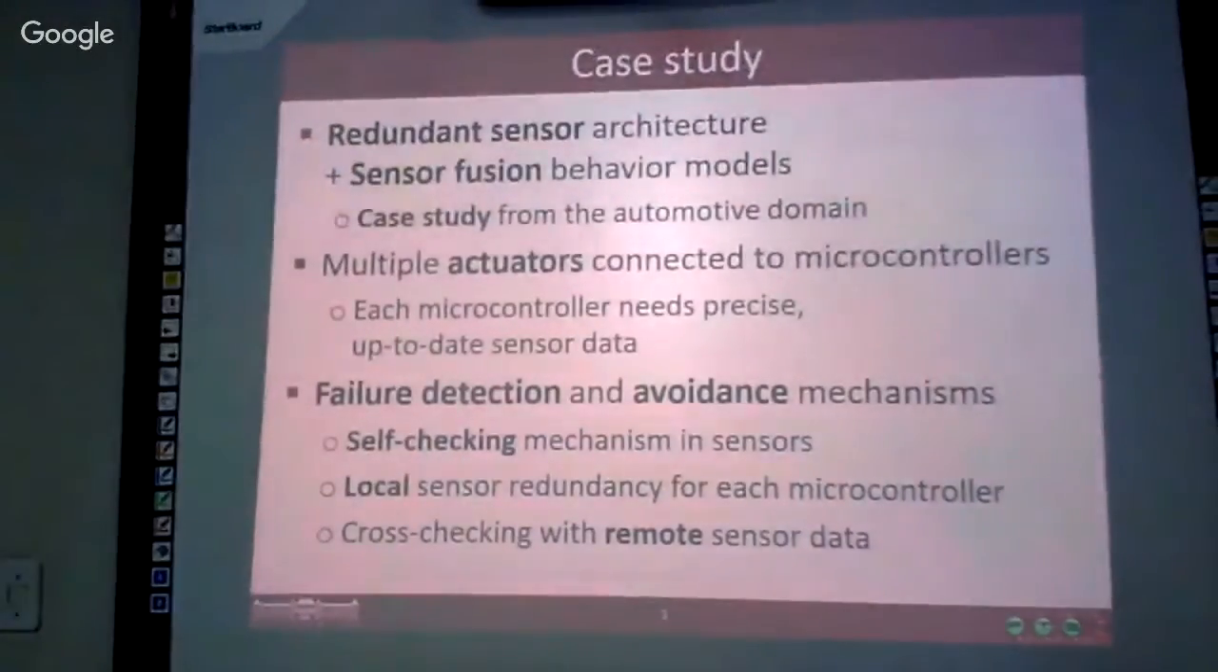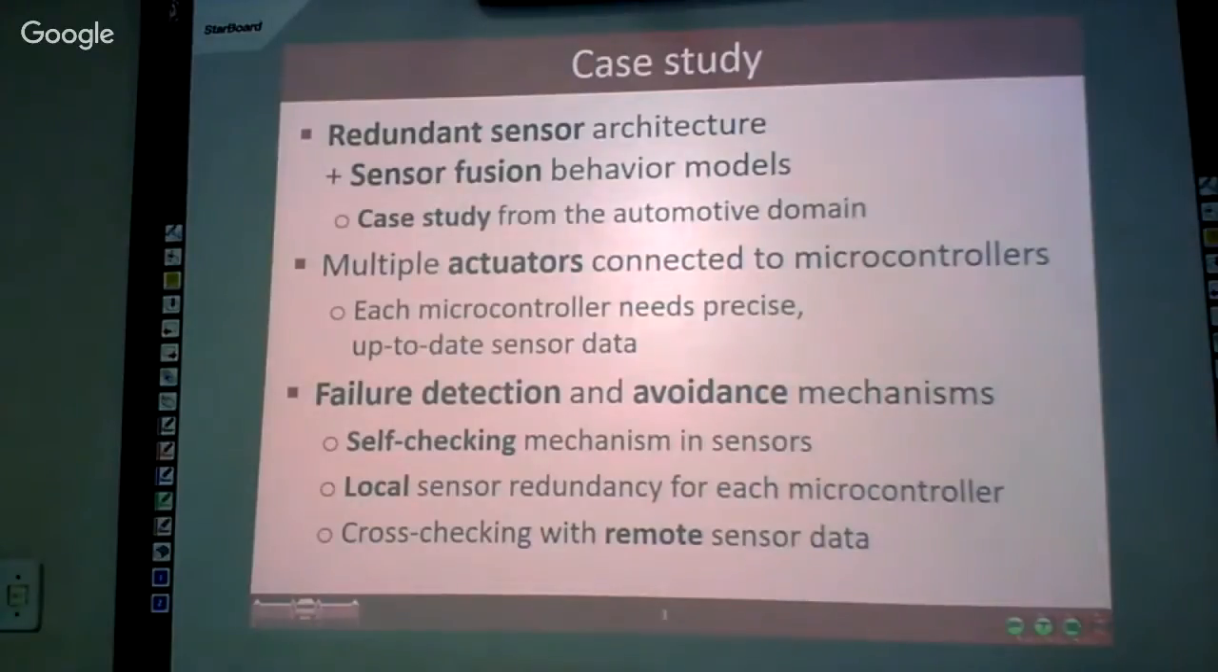In our case study, it was a redundant sensor architecture and a software that just made sensor fusion. And this case study is from the automotive domain. In this case study, there were multiple actuators connected to the microcontrollers, and each microcontroller needs precise up-to-date sensor data. There was a failure detection and avoidance mechanism using self-checking mechanisms, local sensor redundancy, and cross-checking with